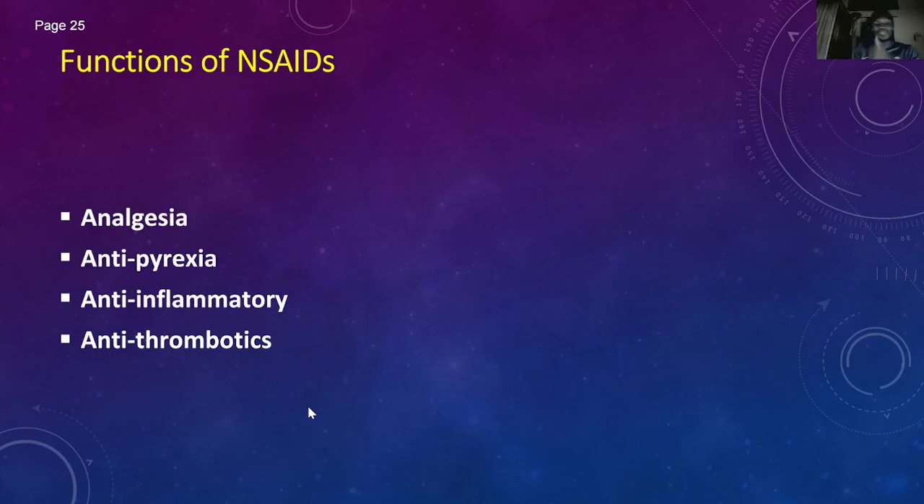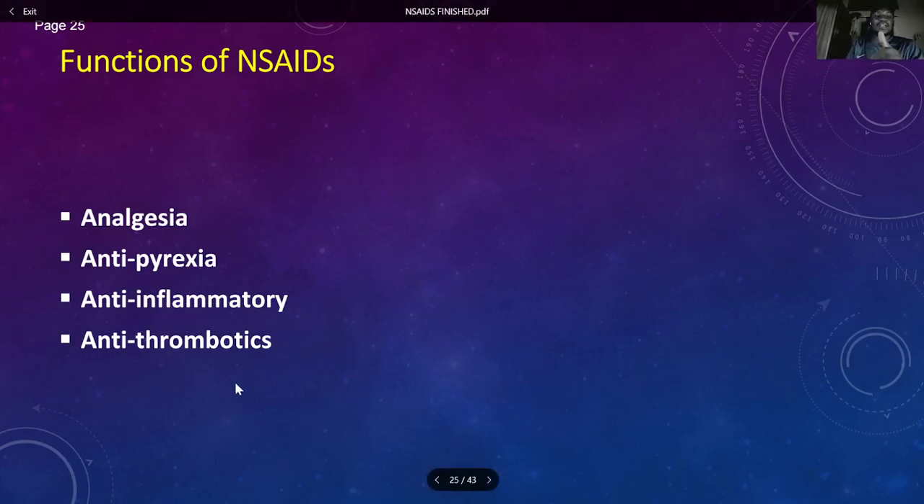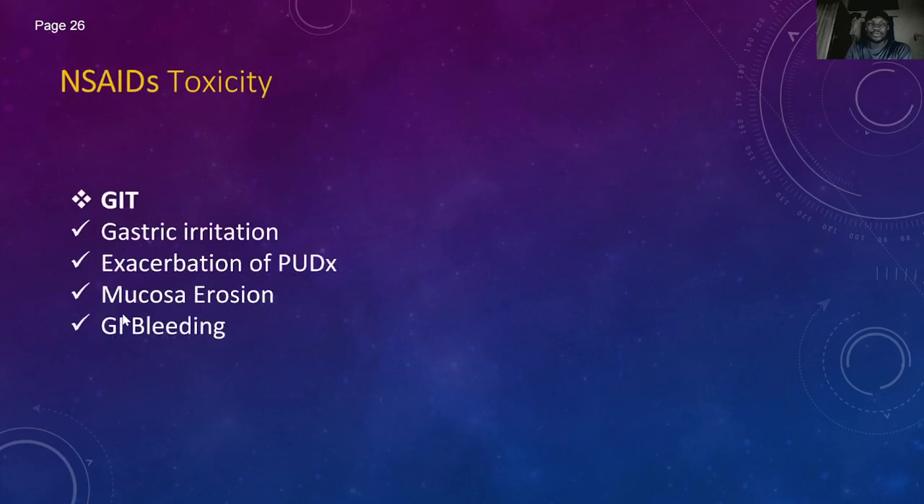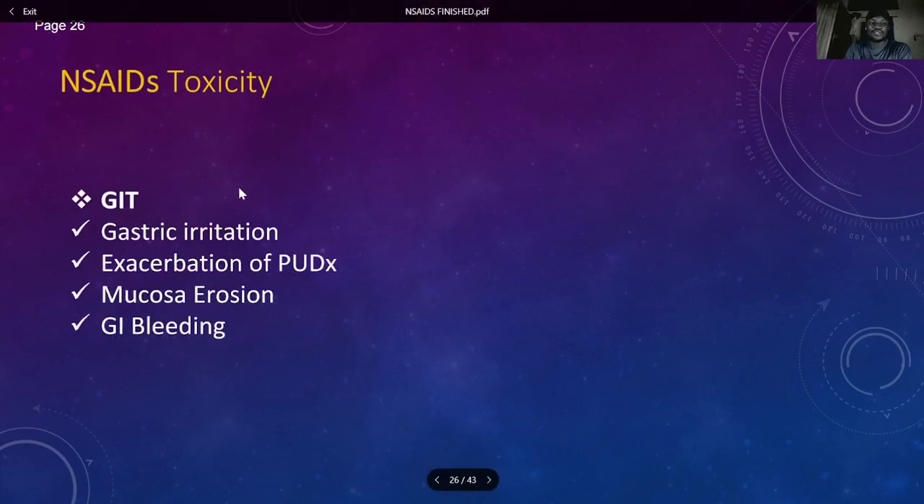So, functions of NSAIDs generally. Now NSAIDs, like we said earlier in the video, have analgesic property, antipyretic property, and they are anti-inflammatory and anti-thrombotic, right? They inhibit thrombosis formation, right? So NSAID toxicity includes GIT toxicity, including gastric irritation, exacerbation of PUD,